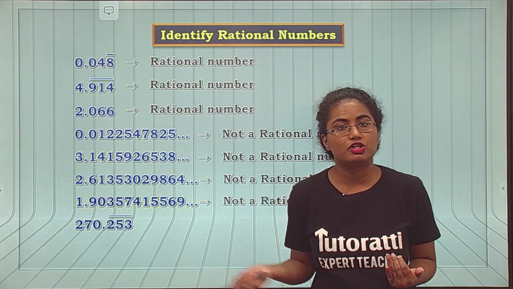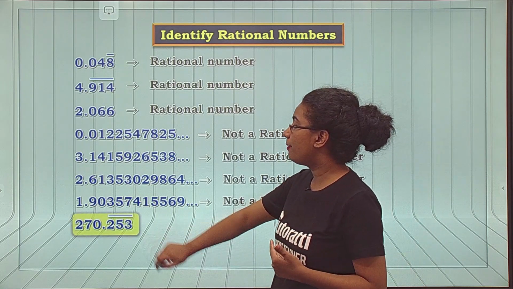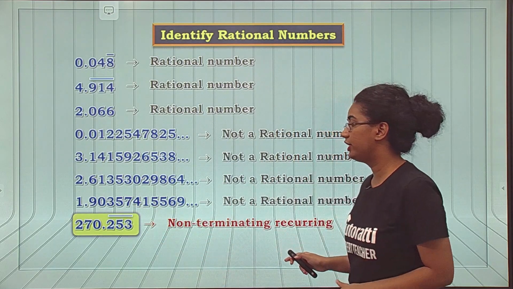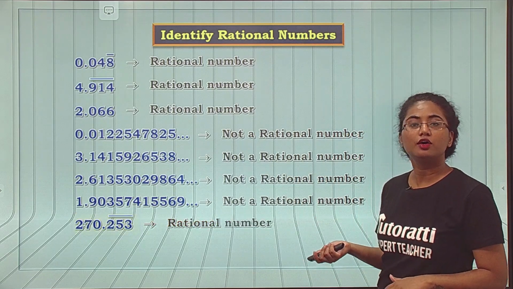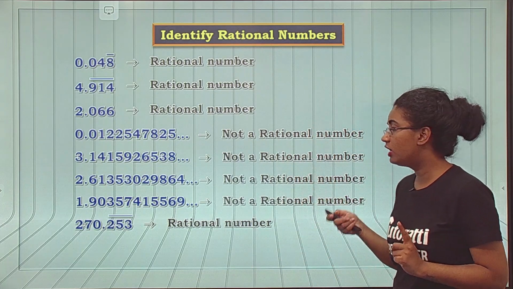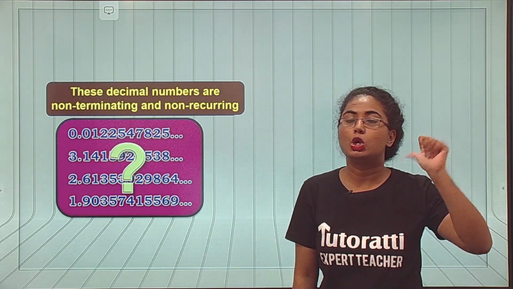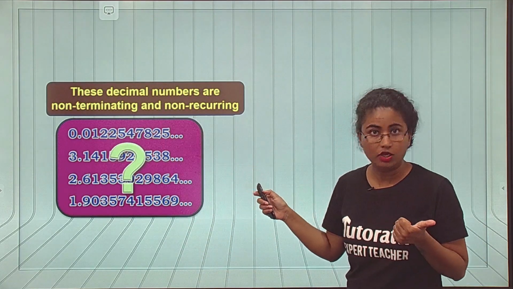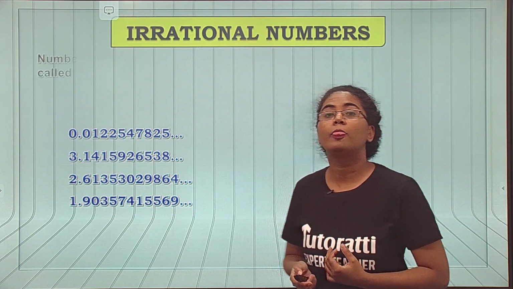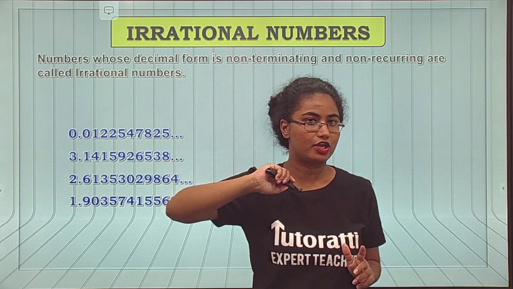What do we do of these numbers? What are these numbers? Let's take a look in the next slide. Let's just finish this one first. अभी यहाँ पे again 3 digits are recurring, they are repeating, so it is a non-terminating recurring type of decimal. It is also a rational number. Now the numbers that we left behind which were not a rational number, let's take this forward. Now these are कौन से type के numbers? They are non-terminating and non-recurring type. They are known as irrational numbers, okay? Fine. So the decimal part where they are non-terminating and non-recurring are known as irrational numbers.